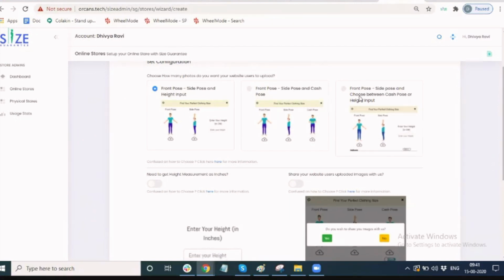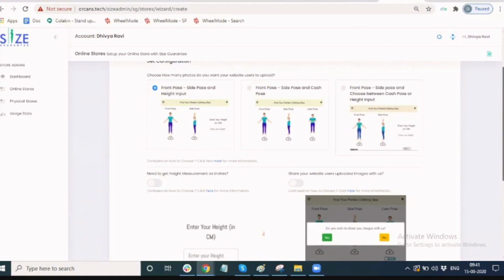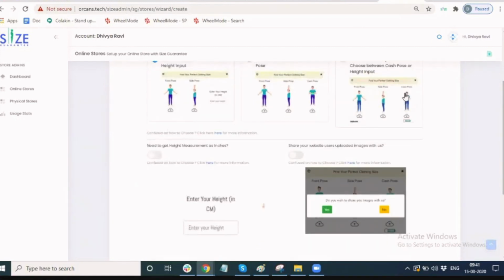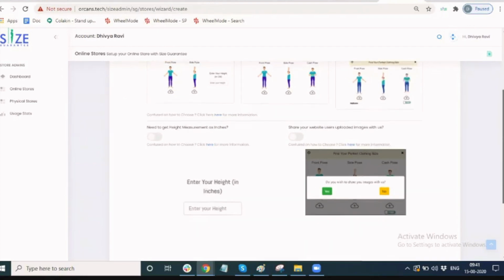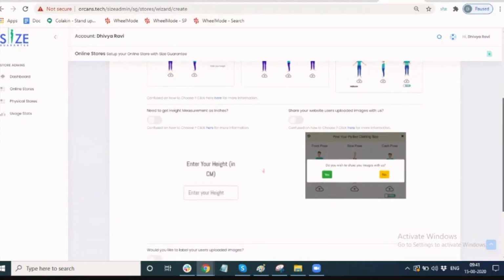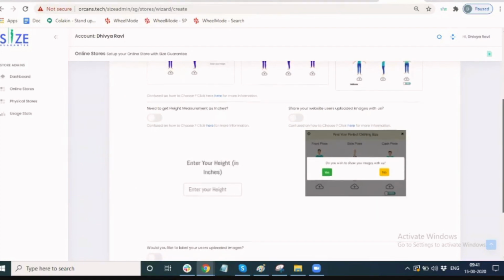And the third one is a switch given to the end user so that he can toggle between entering a height manually or giving the third catch pose image. With these three types of inputs, the online store user can choose.